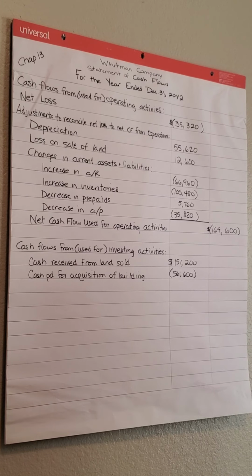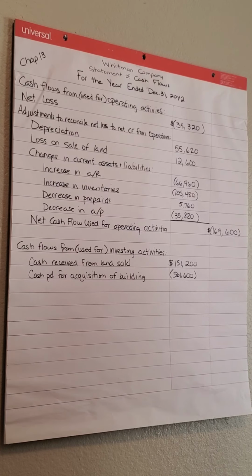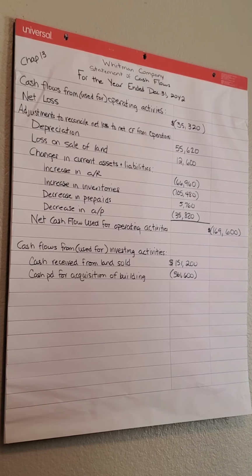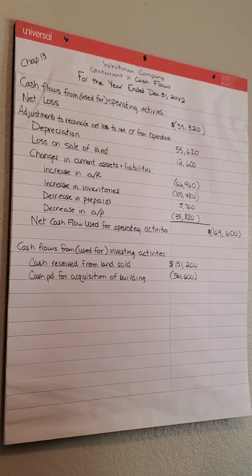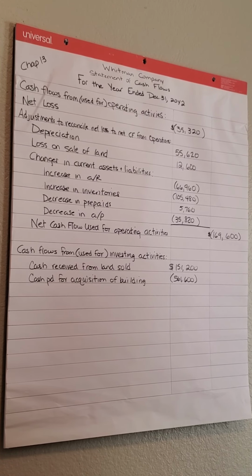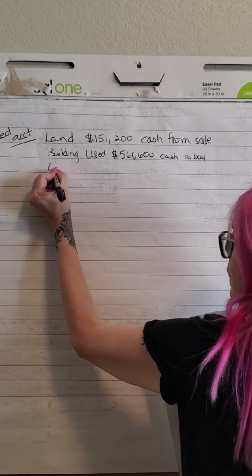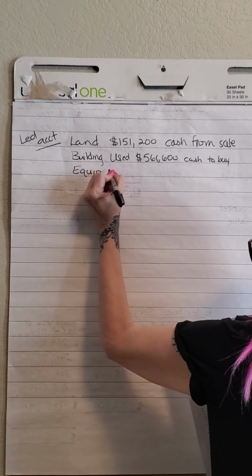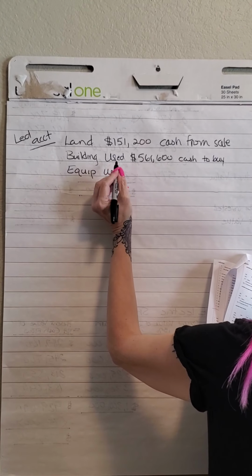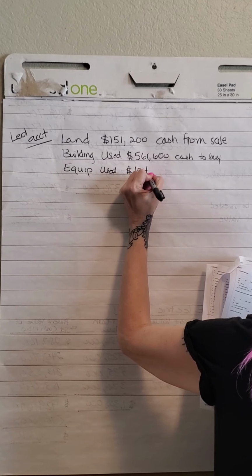And then the last ledger account we're going to want to look at is the equipment ledger account. And that tells us on August 11th, where on August 11th, we purchased for cash equipment for $104,400. So if we're looking at equipment, we used $104,400